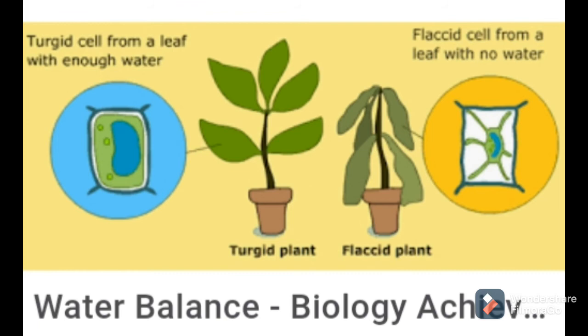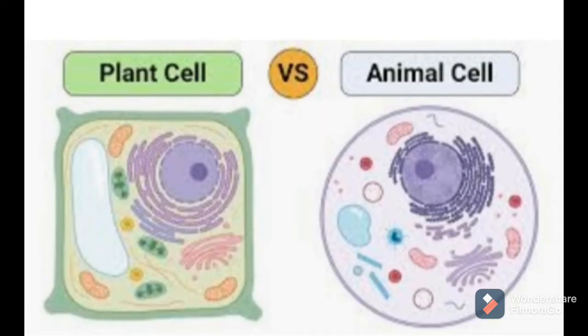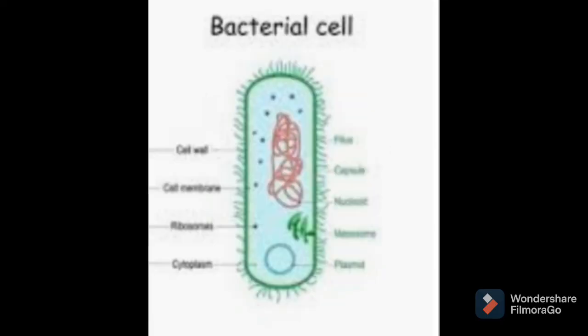Also, vacuoles help in the growth of plant parts by increasing in size and causing cell elongation. Then these vacuoles store various substances, including waste products, in the plant cell. Okay, so what are the vacuoles? Again, I repeat all the points related to vacuoles. Vacuoles are present in plant cells, animal cells, fungal cells and also in bacterial cells.